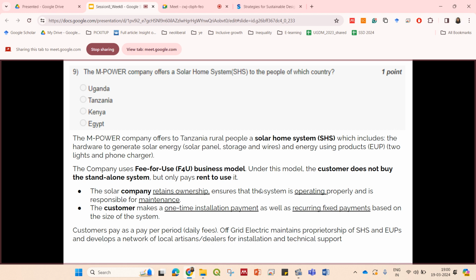of a business model. And under this model, the customer does not buy the standalone system. So many times the people cannot afford such a decentralized energy production system. So to make it more accessible, the company uses this fee for use business model where the customer doesn't buy the standalone system but only rents it from the company to use it. So the company retains the ownership of the system and ensures that the system is operating properly, and the company itself is responsible for the maintenance of the system, and the customer who is using the solar home system